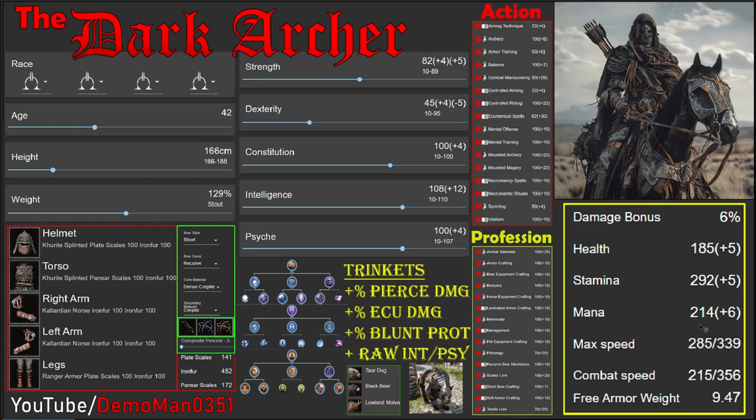when you consider this build has 214 mana, 185 health. Pretty low on stamina, but who cares? You're mounted the whole time. Melee damage bonus doesn't matter. You're never going to be on foot. Combat speed, again, doesn't matter. You're never on foot. Free armor weight is 9.47. I think this loadout right here is like 9.3. Yeah, so I misspoke earlier. It's 9.3. When you're building your stats, or when you're looking for trinkets, the most important thing by far is